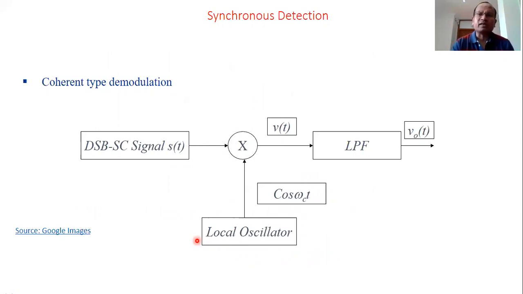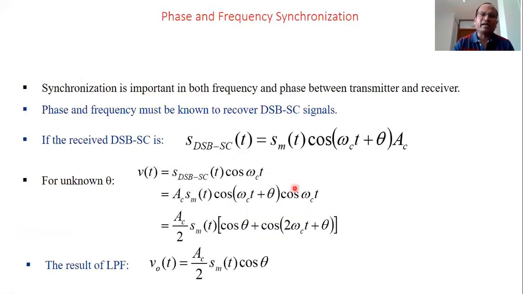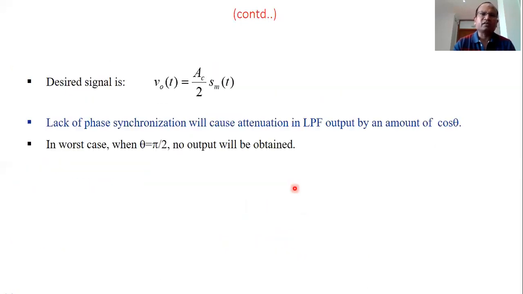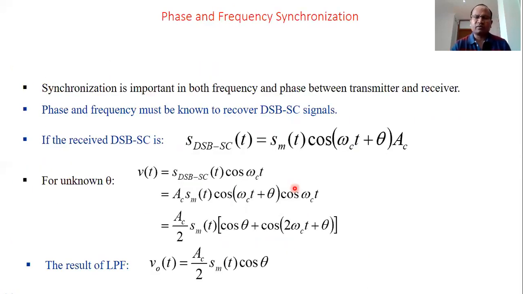Why is this called synchronous demodulation? It is also called coherent demodulation, and sometimes we directly call it a multiplier, because the DSBSC is directly multiplied by the carrier signal. Coherent means same frequency; synchronous means the same carrier frequency is generated. This is how we get the original signal from DSBSC. Now there is a problem.